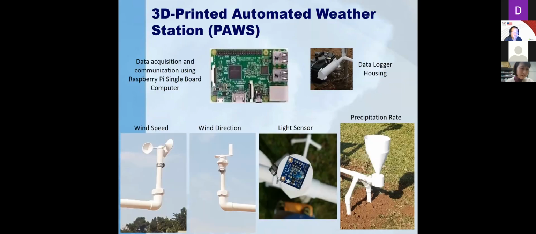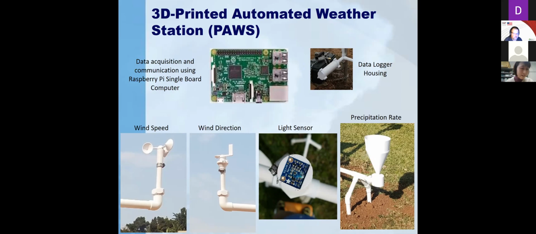So I'm going to go through a little bit of the technology that we've developed, starting with our core system, which is the 3D printed automatic weather station. It uses a variety of technology, Raspberry Pi single board computers, so inexpensive computers. We use 3D printing to build the housing. We have a 3-cup anemometer for wind speed,